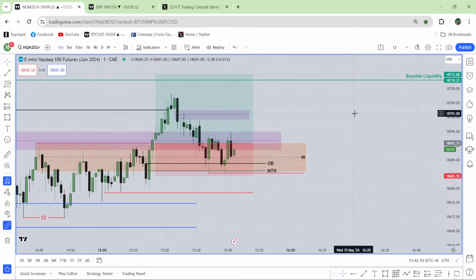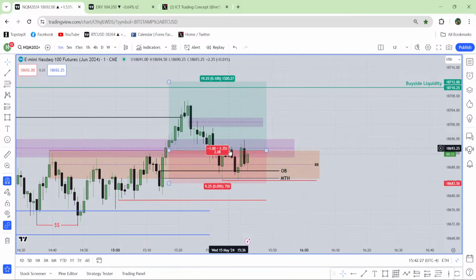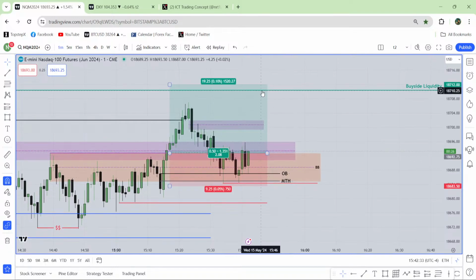The problem is time. I don't have the time, so the market has to take that buy side liquidity before it closes. That's why I'm thinking, what is it doing? It doesn't have the time, so it should expand higher now. What is it doing? See this order block, one time, two times. Now this is the third time, but it should not do that. It should keep going higher now